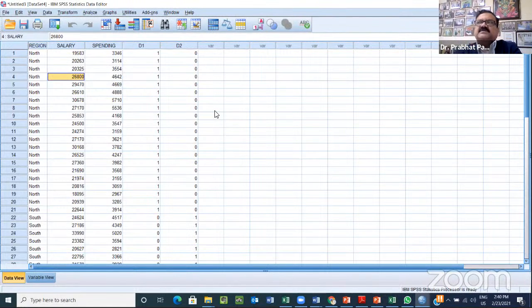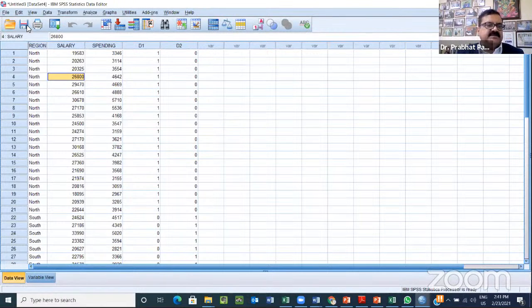It can also have implications for, let's say, cash in the economy, if you're dealing with monetary data and banking data. So cash withdrawal. Probably cash withdrawal also has a significant seasonal pattern. In some of the seasons, the cash withdrawal is very high. In some of the seasons, the cash withdrawal is less. So is there any significant difference in the cash withdrawal? That can be another problem at hand. So any such problems in the regression equation, if you want to accommodate different categories between which we want to understand the difference.